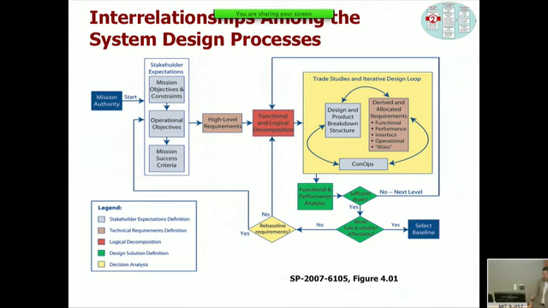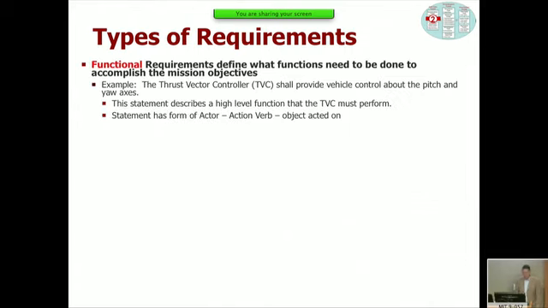And it's a perfect segue to this next slide. If I could only include 5 slides in this lecture, this would be one of them, okay? This basically is what are the different flavors of requirements or types of requirements, and there's 6 of them here. So first of all, the functional requirements. I think we've sort of talked about those, right? They define the functions that need to be done to accomplish the mission objectives. There's some examples here around thrust vector control. So basically the idea here is that you have a thrusting system and you can actually direct the thrust.